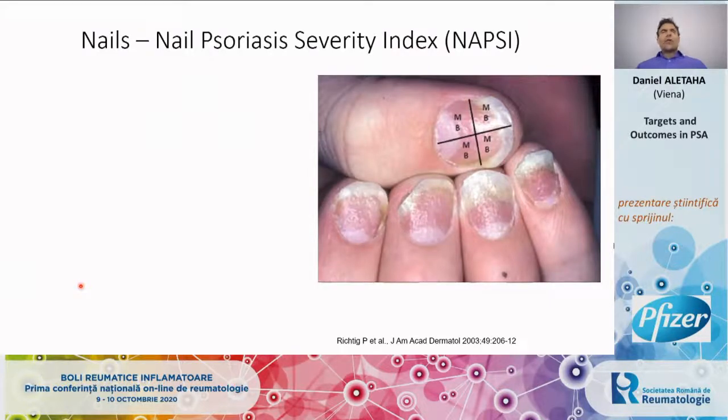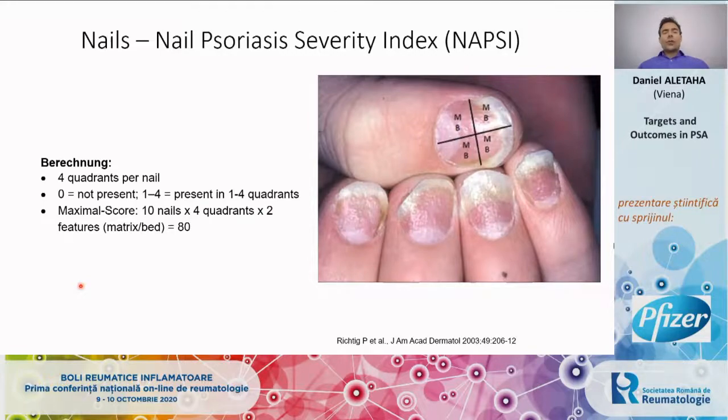Nail, you can have also quite complex assessment. You can take the NAPSI score, and the NAPSI score is, and here you have a German word that Berechnung means calculation. So go into that in a moment, but you have the changes in nail matrix and nail bed, and you assess 4 quadrants per nail, and it's shown here on the right hand side, and in each quadrant you have an